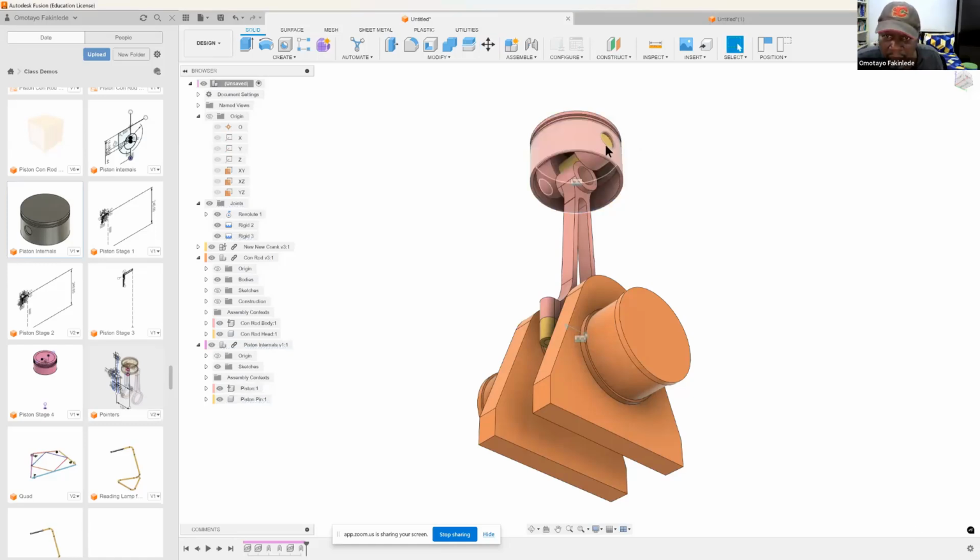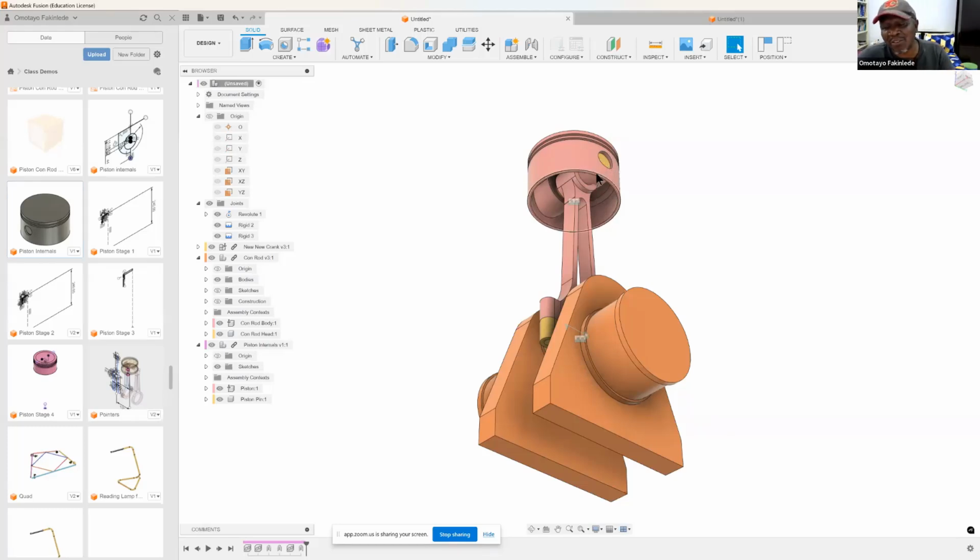Let's say I want to move it down. Okay, so if I'm able to force this thing into the final position, then I can now use the as built